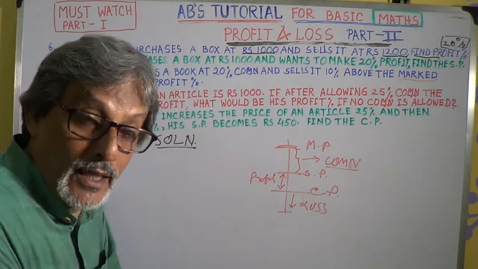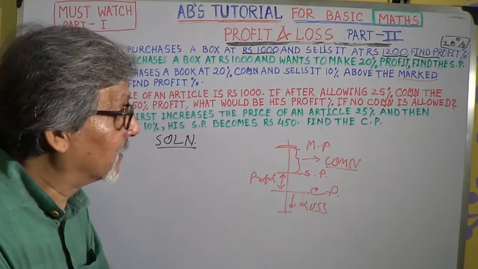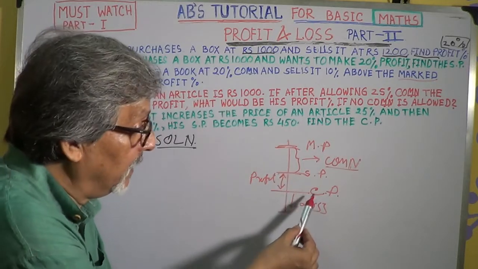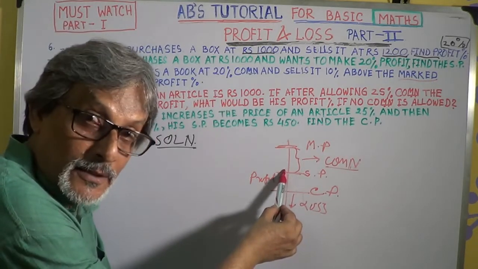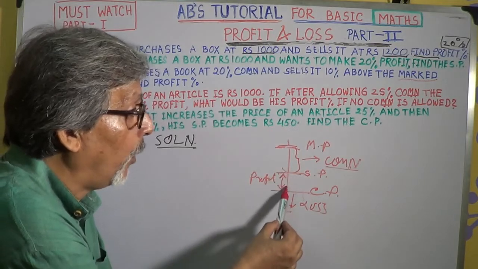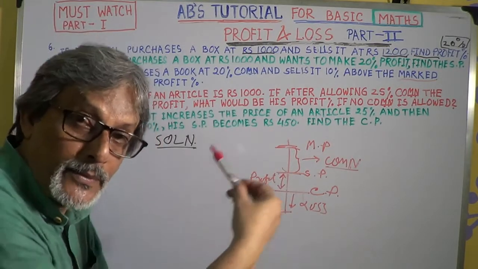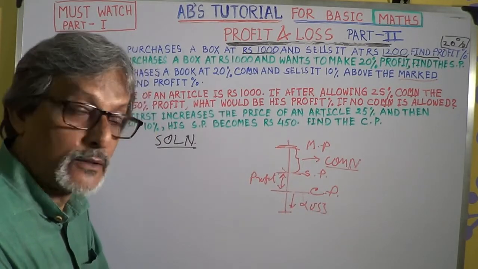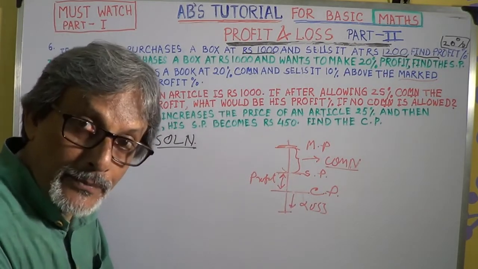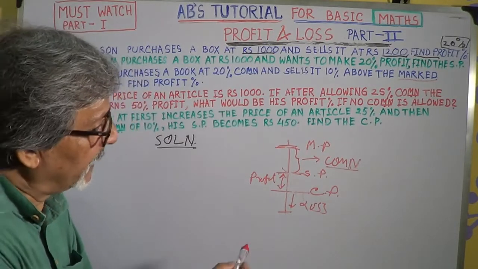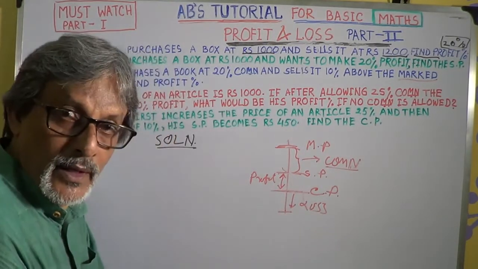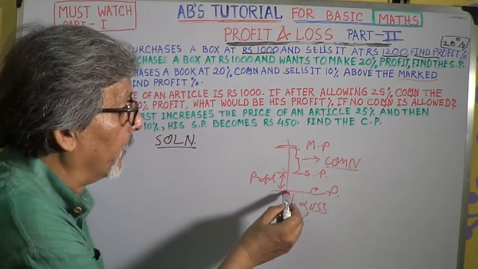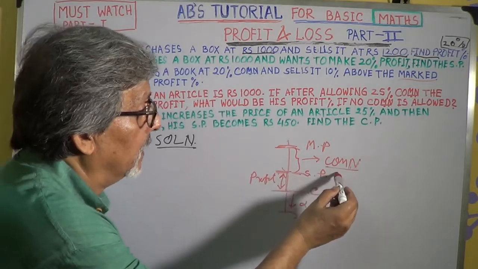And we just think that we are getting a thing at a very lower price than the marked price, but practically the cost is this selling price, which is above the CP. So practically we are making the profit. That means the seller is always making a profit. Okay, this is a business tactic. So if we make any loss, then this becomes our selling price. If we make a profit, this becomes our selling price.